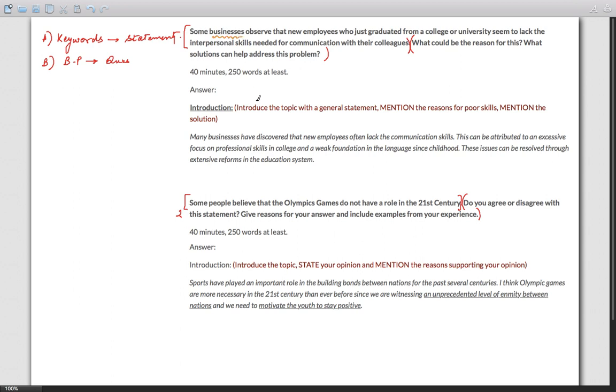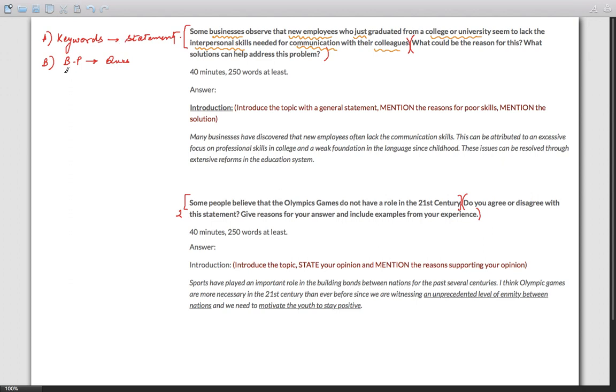So it is related to business, to new employees. The examiner is not asking about all employees, but only about new employees who just graduated from college or university. Just graduated means that they are fresh from college or university, and that context must be maintained. They seem to lack interpersonal skills needed for communication with their colleagues. Okay, so these are some of the keywords that you should maintain in your essay, in the body paragraphs as well